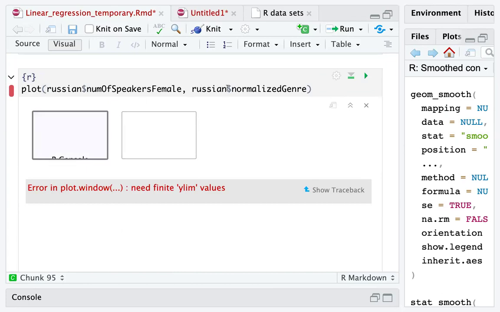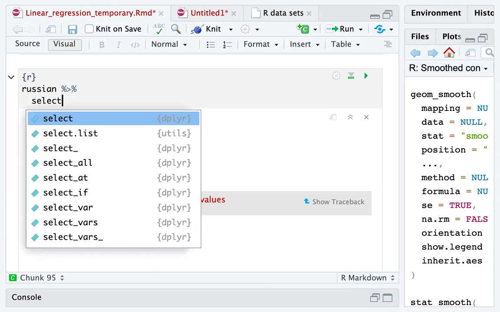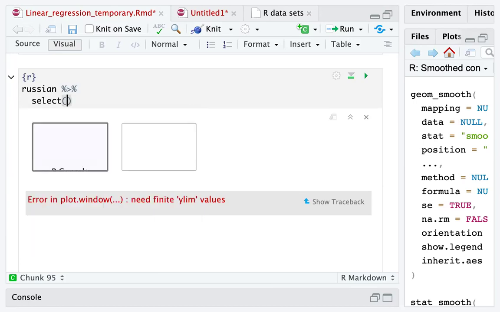Okay, yes, I need to do some... Let me use some tidier stuff. So first we select only the columns which we are interested in. So we select a number of speakers,